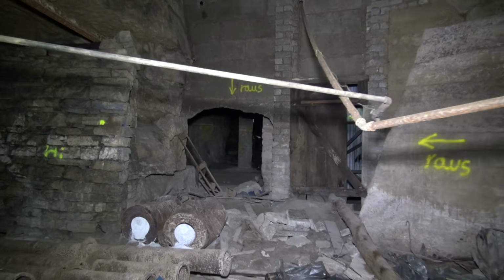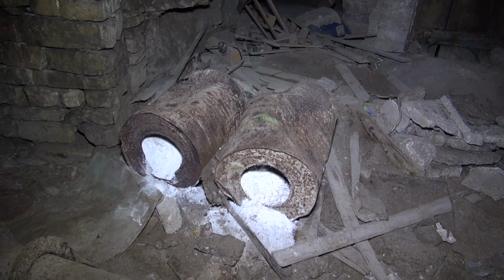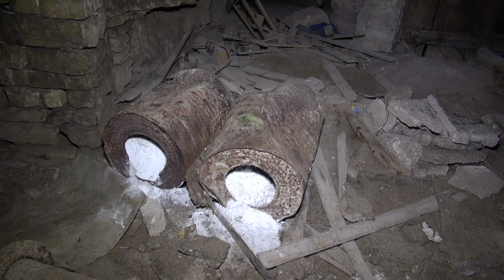I don't know. I'm just wondering if this could have been a part of ventilation. It's not the traditional bunker ventilation, but